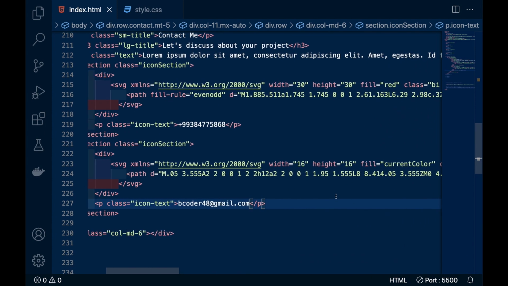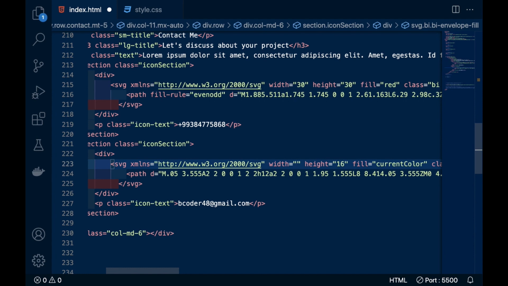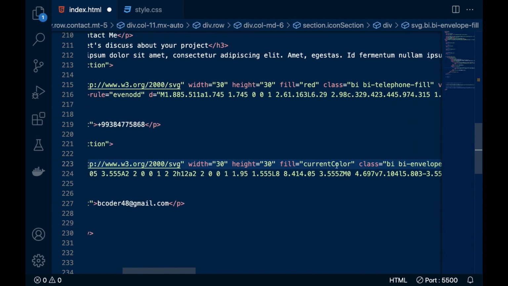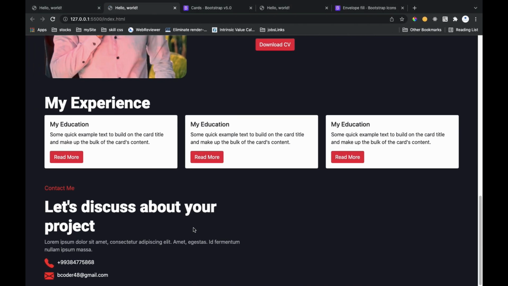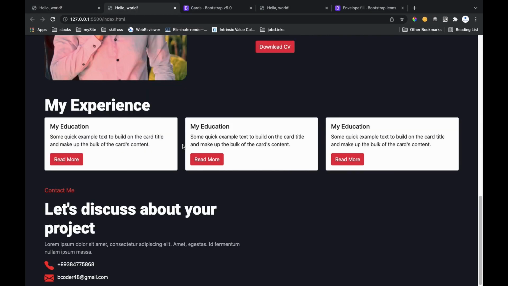This SVG you have to change the width and height every time you use. So here we have used 2 icons, that is enough.